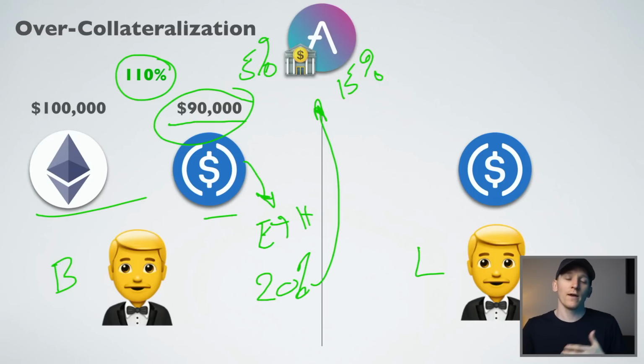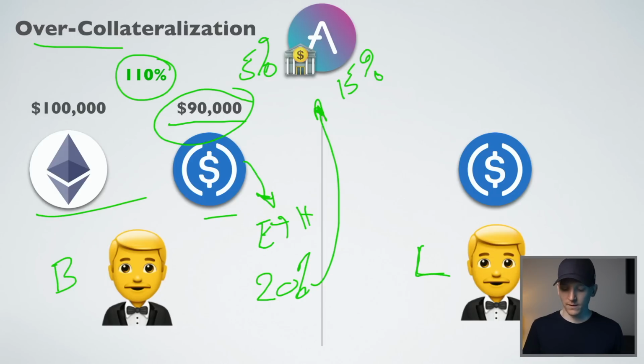borrowing at 5, and you're taking the risk that ETH will go up by about 20%, and so you make way more money. You make a percentage, only 15%, but almost on double the exposure. That is why people will over-collateralize and actually borrow against their assets. There's also many other strategies that people can do essentially to arbitrage interest rate differences. So that's over-collateralization, and that's why people do it.